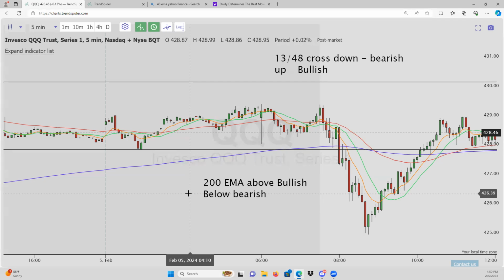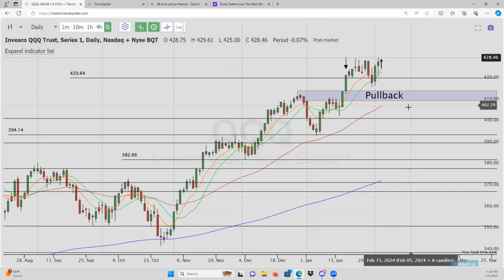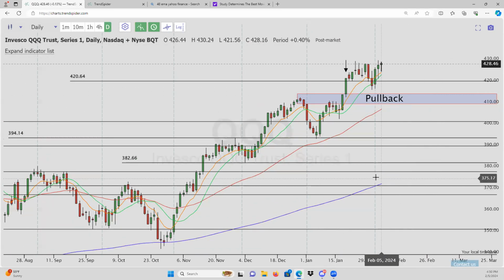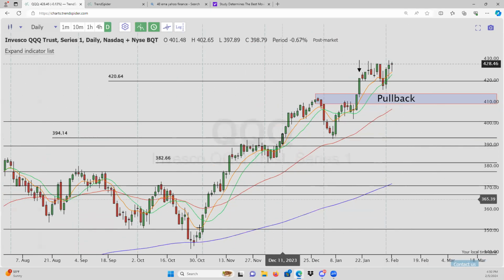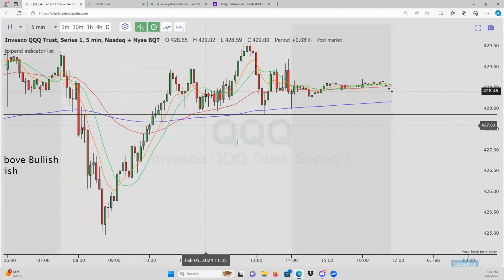But the simple moving average works on something like the daily, because if we're going to take a trade on the daily, we're more than likely taking a swing. We don't need the most recent price action. We just need the smooth, the simple moving average, right? So let's go back to the 5-minute.